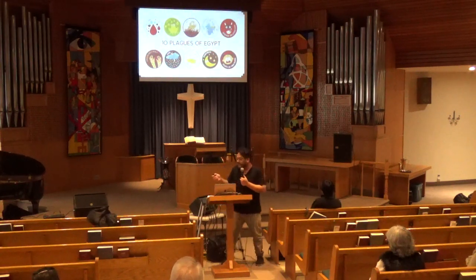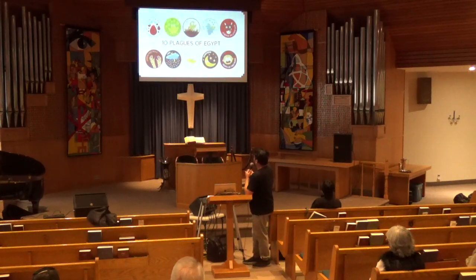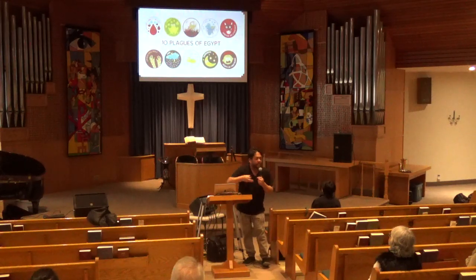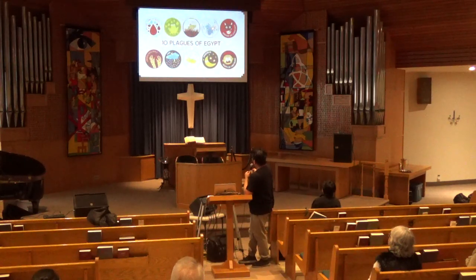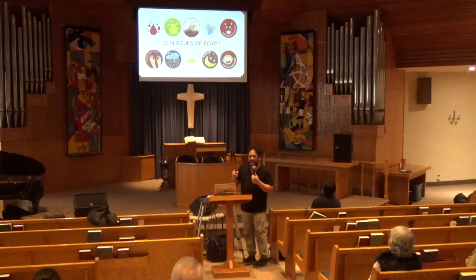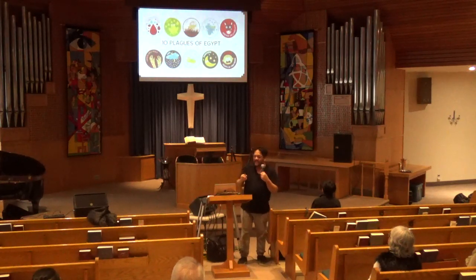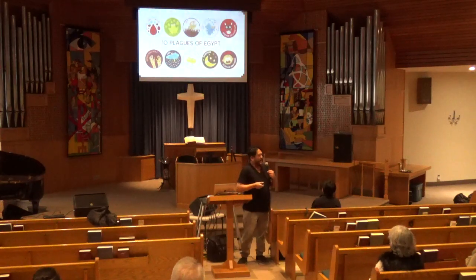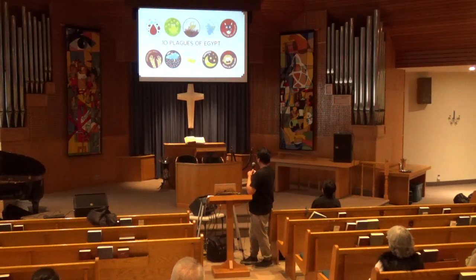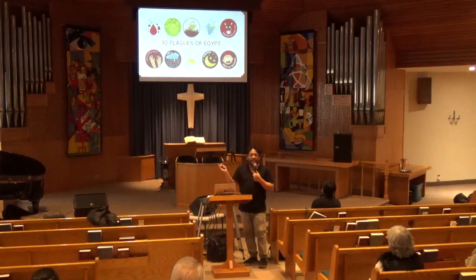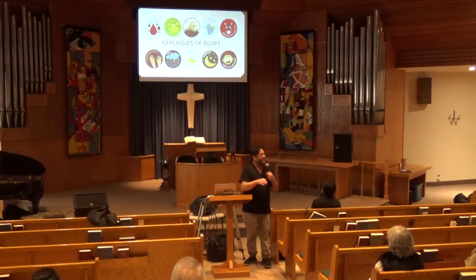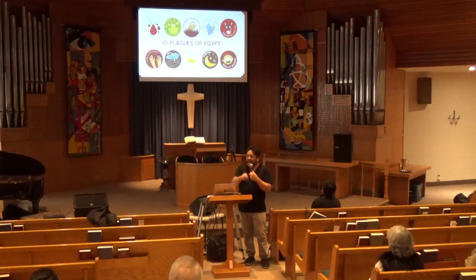All right? So the turning water to blood, the frogs, that's a god of fertility, the lice, that's a god of the earth. All right? You have the dog flies that would go in and bite the moist parts of your body, the eyeballs, the nose, all the orifices, and then disease comes to your body. All right? You have the disease of the livestock where they all just started dying. And this wasn't just wild animals. This was livestock, okay? This is the cows and the cattle of the Egyptians.